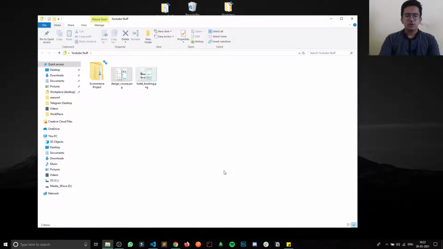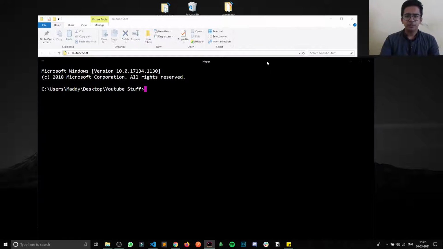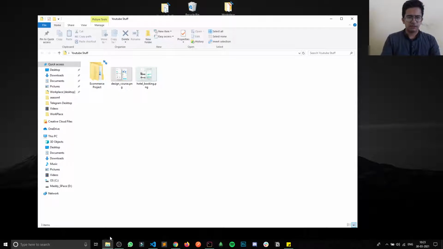Creating a new project in Flutter is very easy. Here I have already opened the terminal in a specific location.